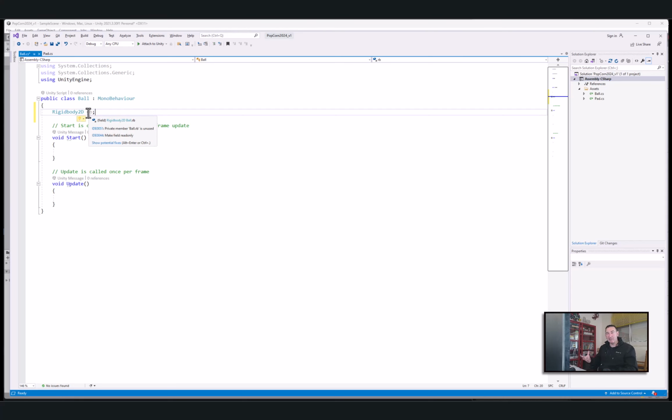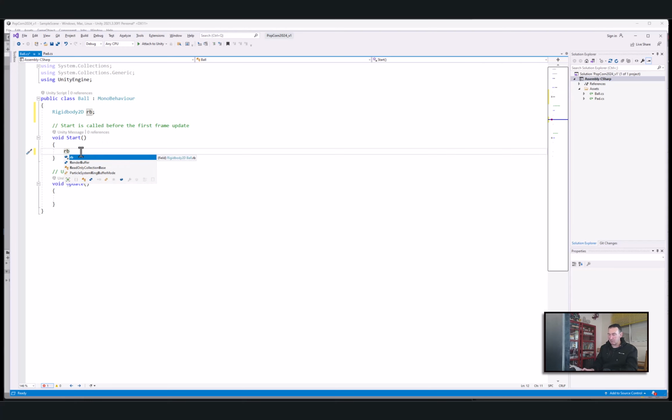Now, how can we use it? First of all, we have to initiate it. We have to make it point to the actual Rigidbody2D component of the object. In order to do that, we'll have to use some functionality that we have because we use the MonoBehaviour. Okay, we use the ball, which is a MonoBehaviour, which is a Unity object. So we'll do it on the Start, so we'll have the ability to use it later, and we'll do it like this. So it's rigidbody equals